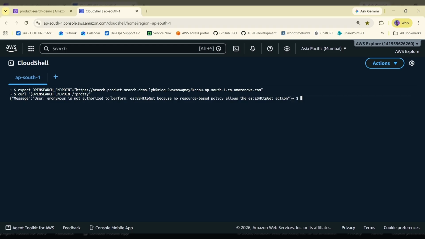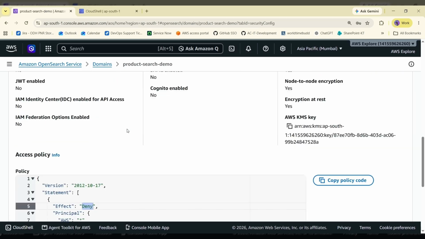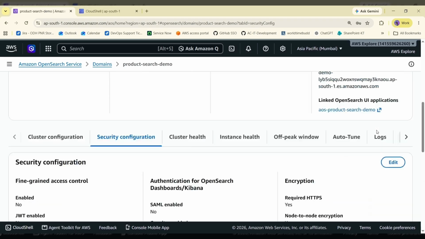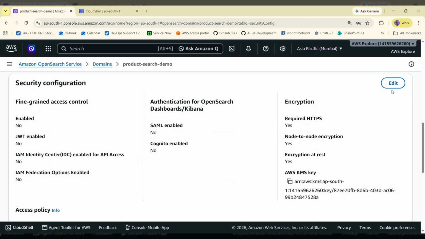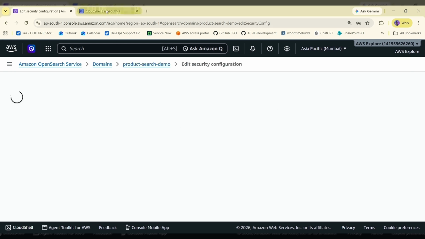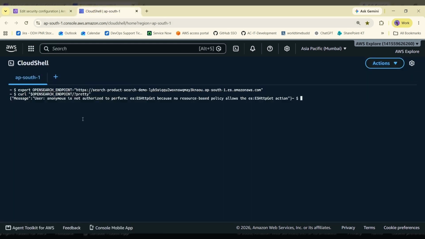Anonymous user is not authorized to perform because no resource based policy allowed. So here by default this policy is denied, so we are not able to do the operation. So what we will do is we will modify this policy. Whatever operation you are doing from your local command prompt, you need to take your IP. I'm taking the IP of this